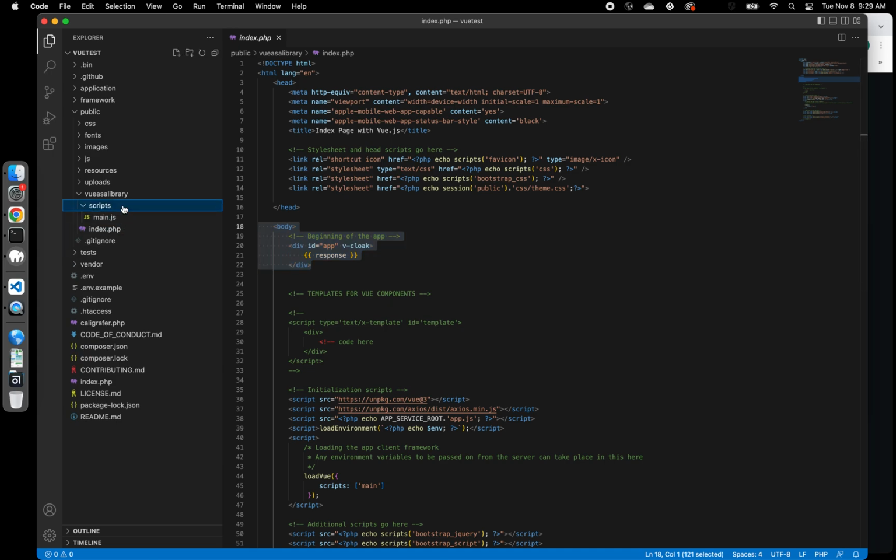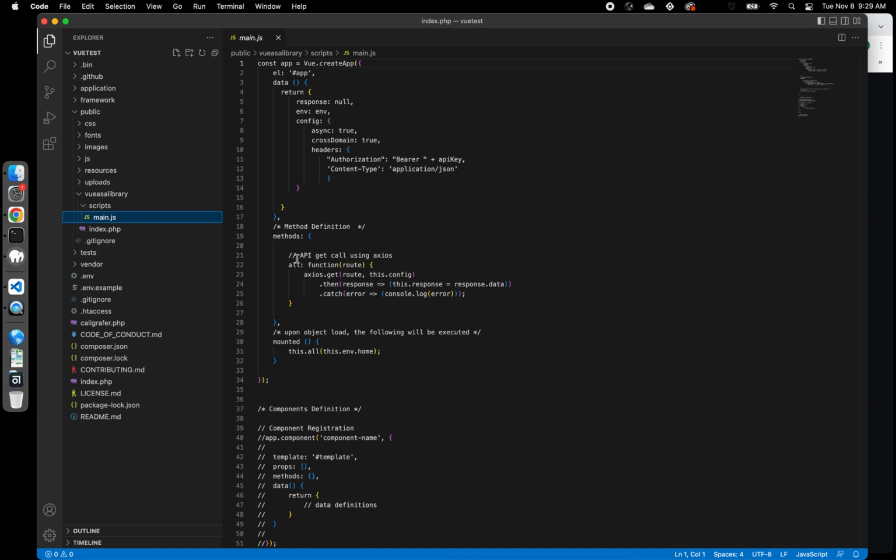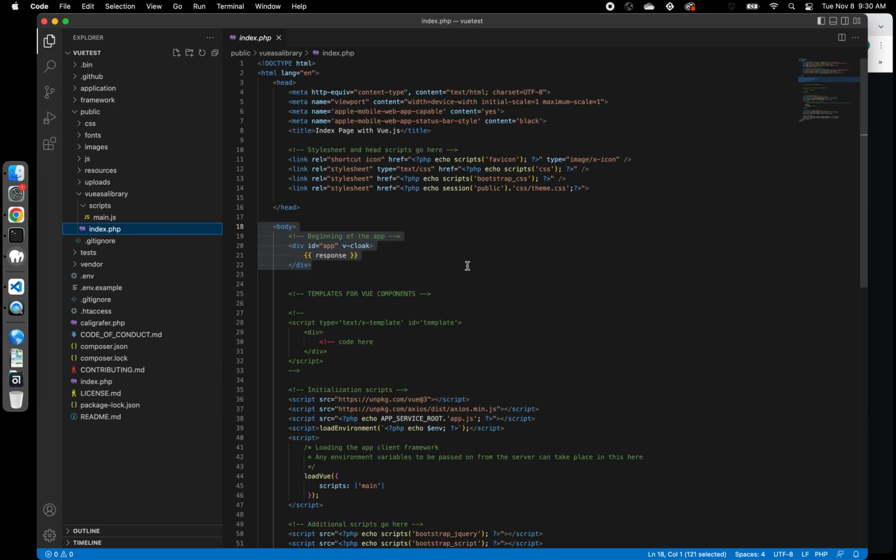Now, the script that is behind the scene is the main.js script. That is really where the gist of your Vue application is. So this has a typical structure of a VueJS application that is nothing more but an object that has several attributes or properties to it. One of these attributes is the element, if you remember, the EL, which indicates which ID in the HTML file